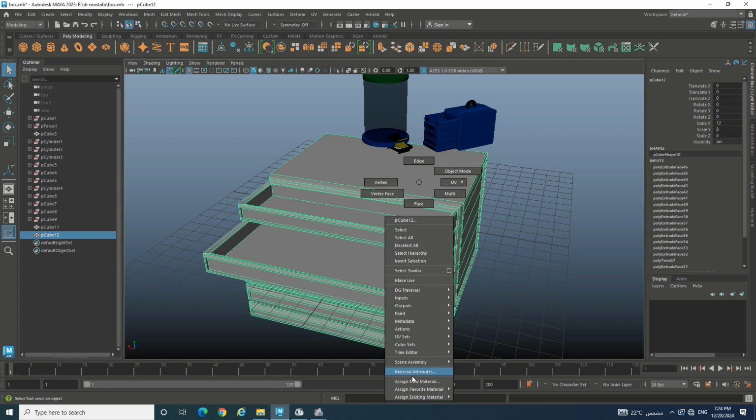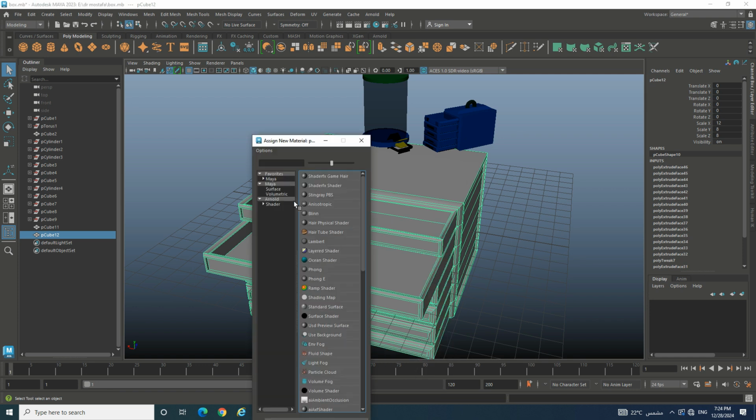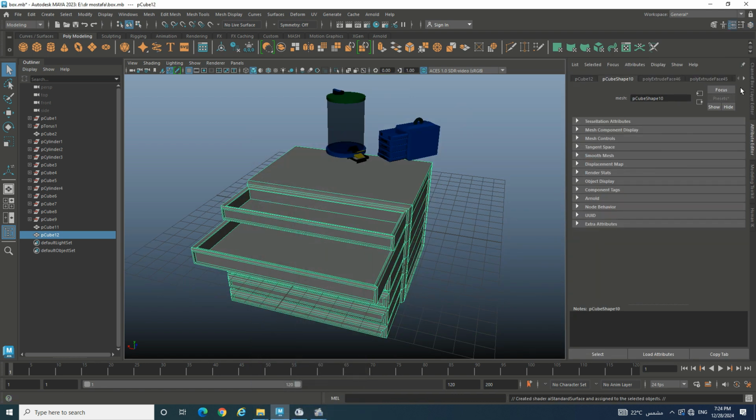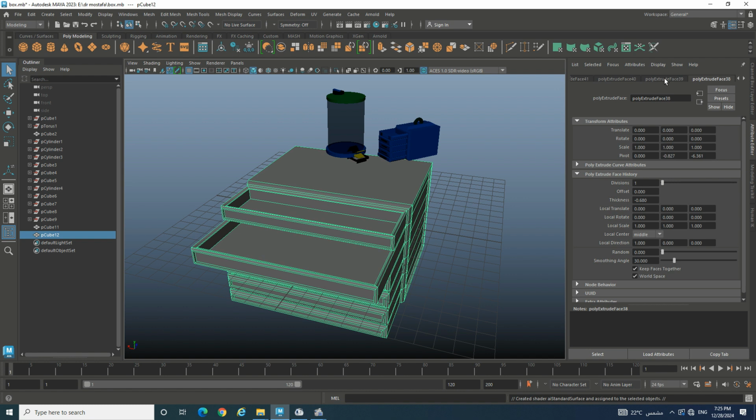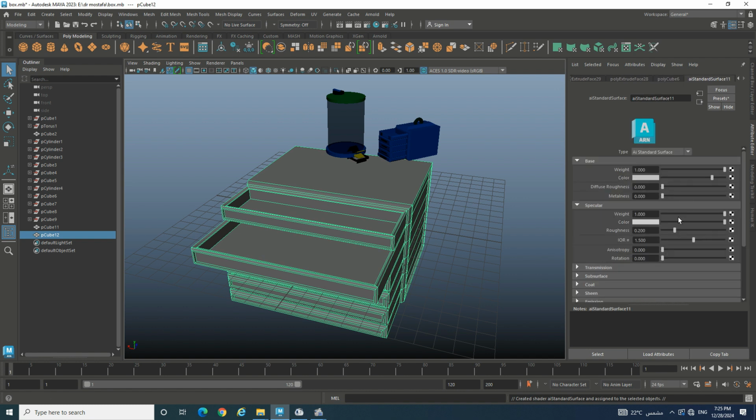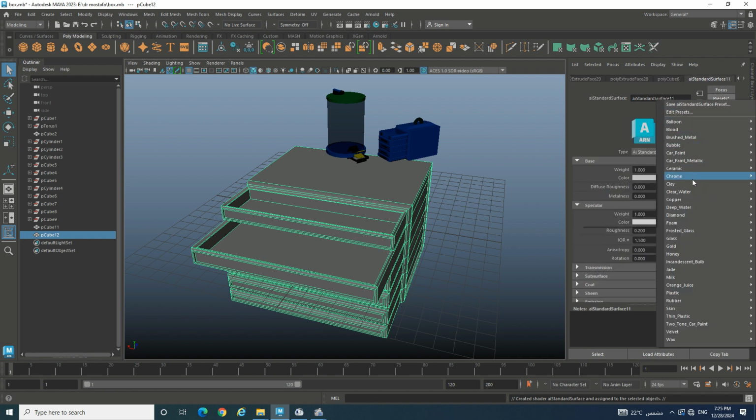Let's say I need to apply a new material. I will assign a new material, head into Arnold, choose AI Standard Surface, and head into the attribute menu, heading to the last surface I had applied, scrolling with the mouse and choosing another preset from the preset menu. Let's say I need to add